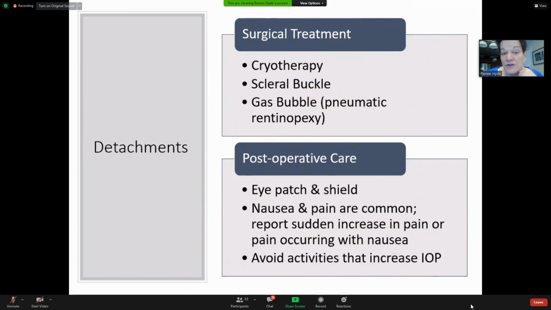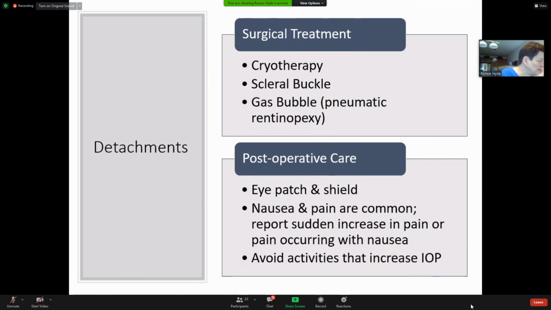Now, the way that they treat this is surgically. They can either do cryotherapy, a scleral buckle, or one of the things that you'll see that they do nowadays is what we call a pneumatic retinoplasty, or a gas bubble surgery is the more common name for it. Cryotherapy, basically they tack that retina back by using cold laser. We'll talk a little bit more about a scleral buckle in a minute. But a gas bubble,